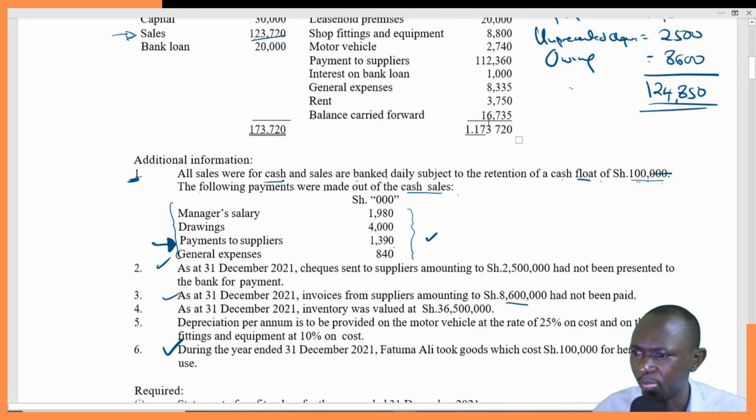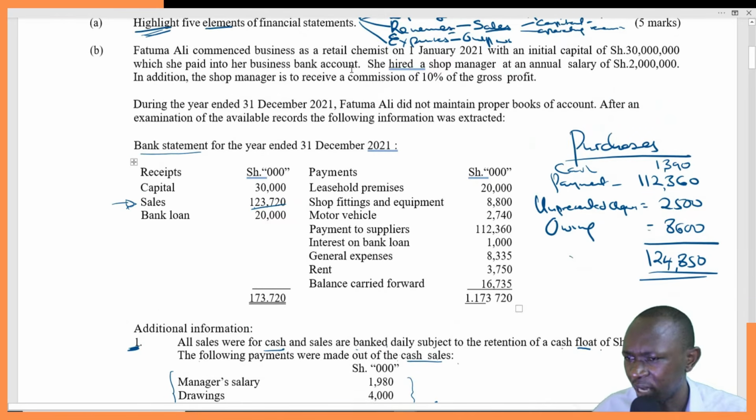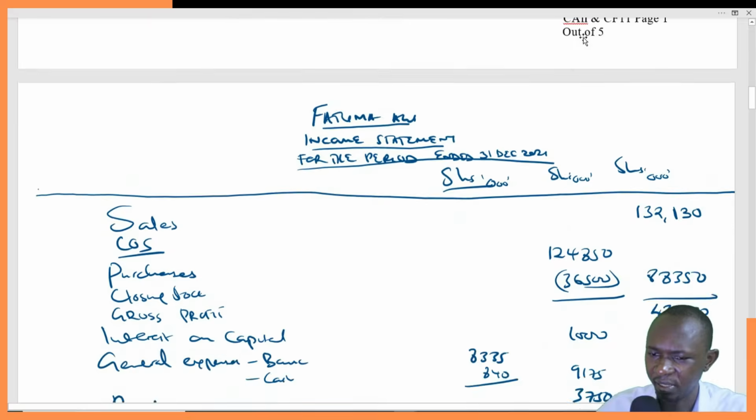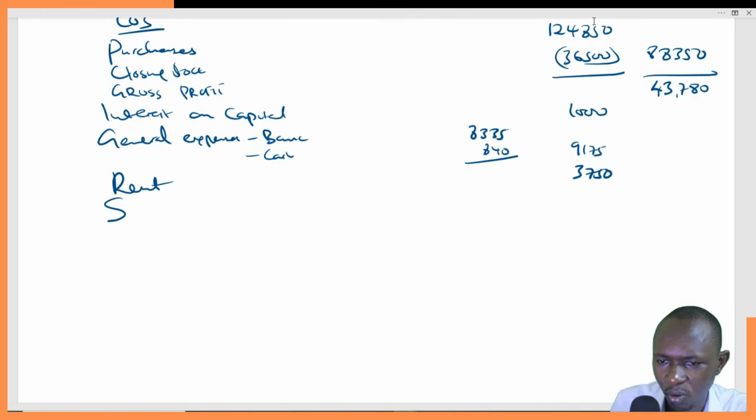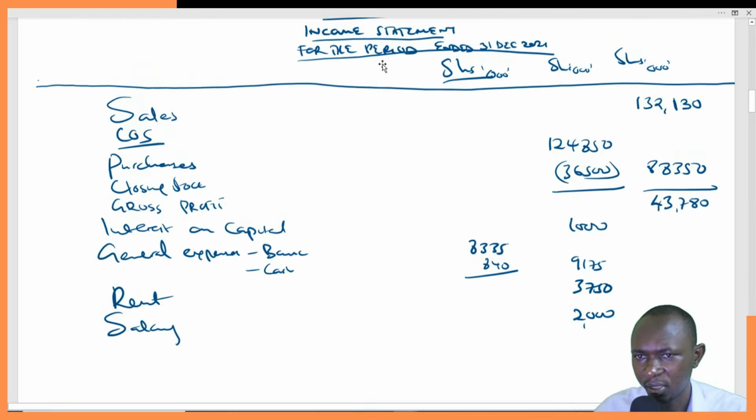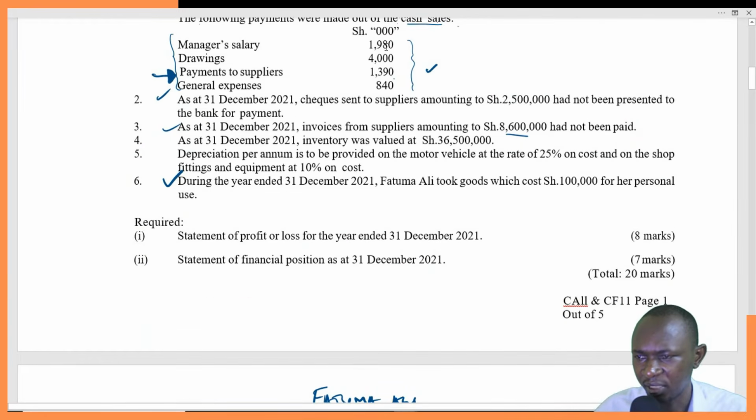Balance carried forward. No, this isn't balance carried forward. There was something up here. She had a shop manager at an annual salary of 2 million. In addition, the shop manager is to receive a commission of 10% of the gross profit. So that makes salary 2 million, whether she's paid or not. I've seen the manager was only paid 1980. So the remaining difference, 2000 minus 1980,